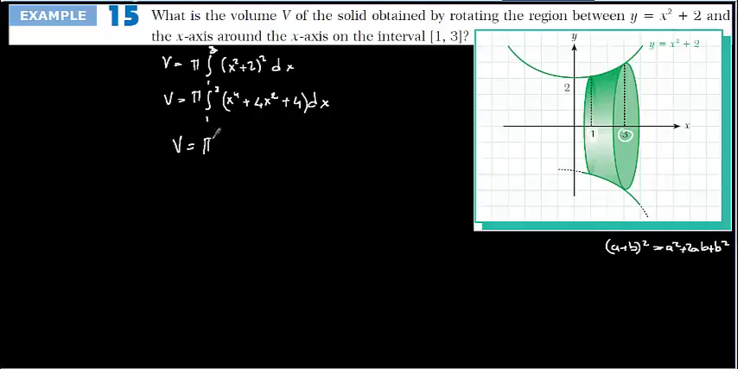Pi times the integral of x to the power of 4, which is x to the power of 5 over 5, plus 4 times x to the power of 3 over 3, plus 4x, from 1 to 3, it's going to be. Then volume is equal to